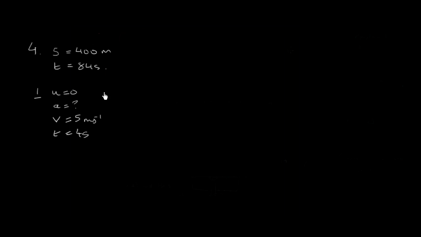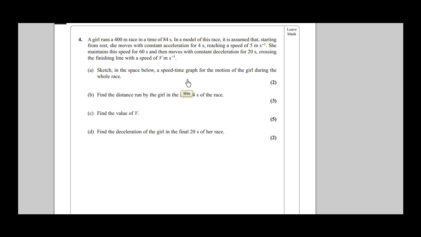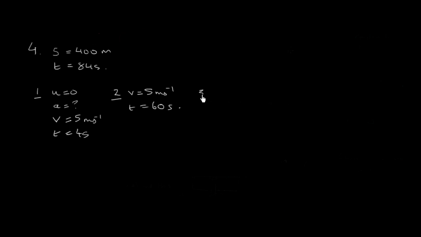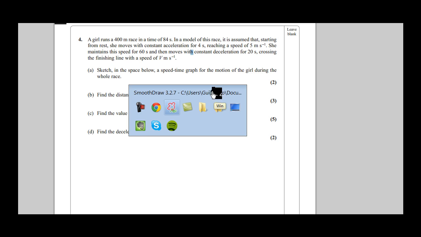Okay, so in the second part of the journey, there's a constant speed of what she had before, which was 5 meters per second for a time of 60 seconds. And finally there's a third part when she moves with a constant deceleration for 20 seconds. So in the third part there is an acceleration which is negative and it occurs for a time of 20 seconds,